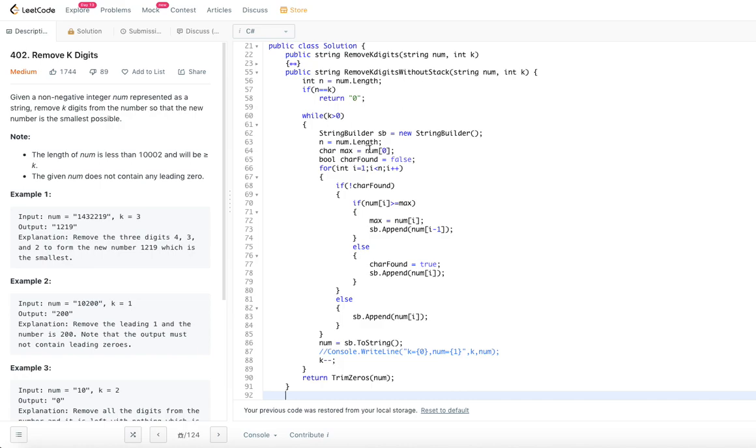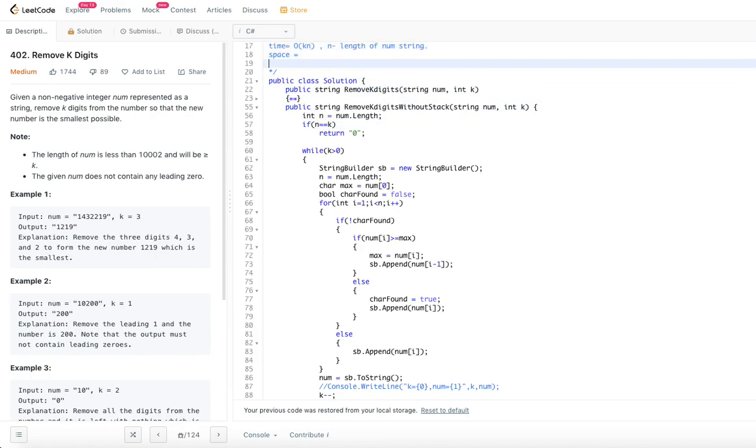Since it is a temporary storage for every iteration, we will say order of n is the space, even though n is getting decreased, every iteration of k. So for this particular algorithm, time complexity is order of kn and space complexity is order of n.